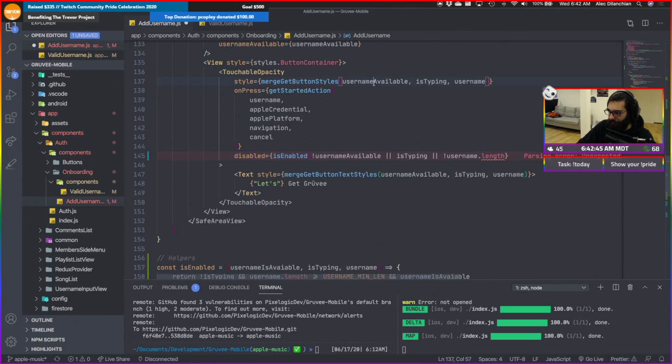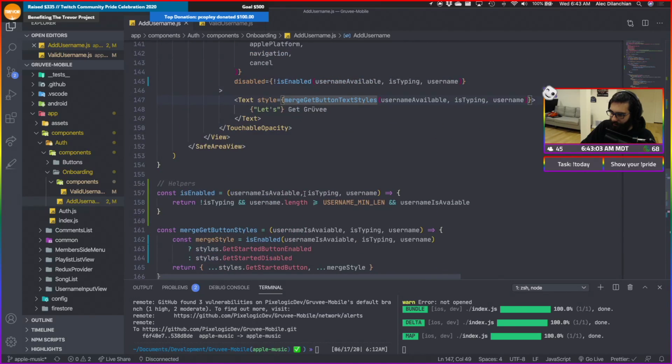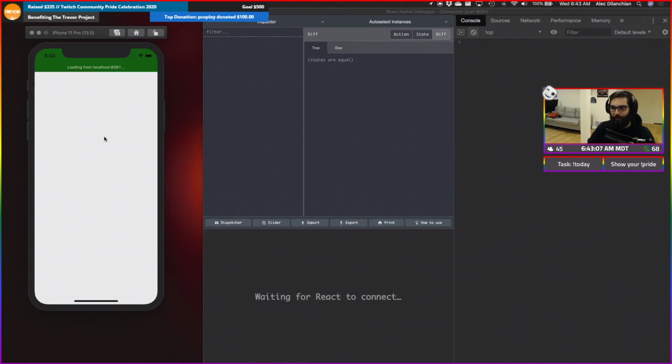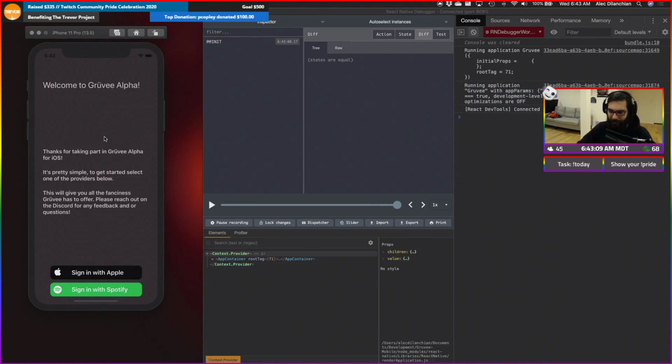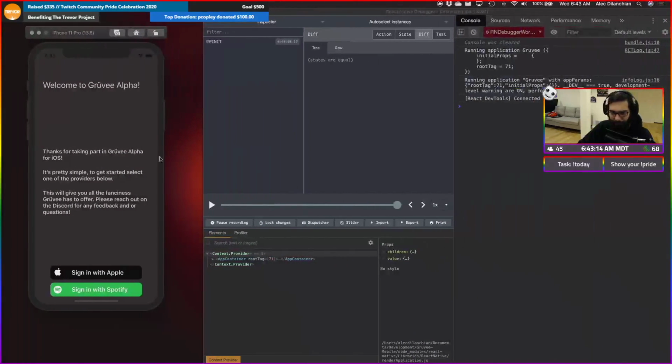And then we're going to say username available, pass that stuff in here. Whatever that is, if it is enabled, then we want to get the reverse of that, so we do an exclamation point at the beginning. That should do the trick for us. So we should have the proper UI now with our button states and things like that. Did I forget? No, I think we're good.